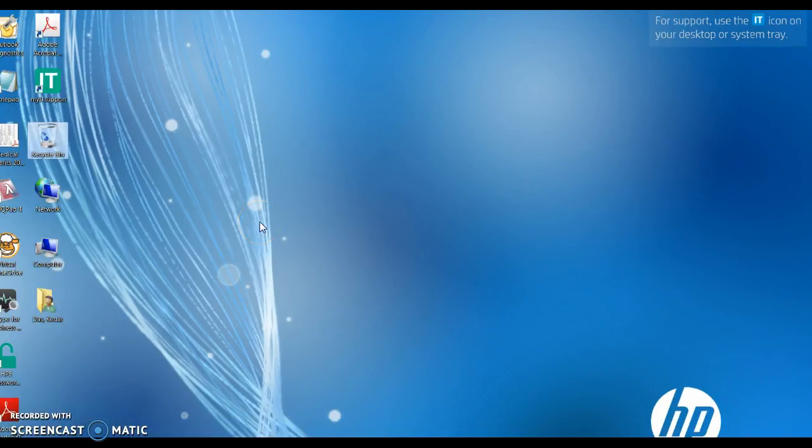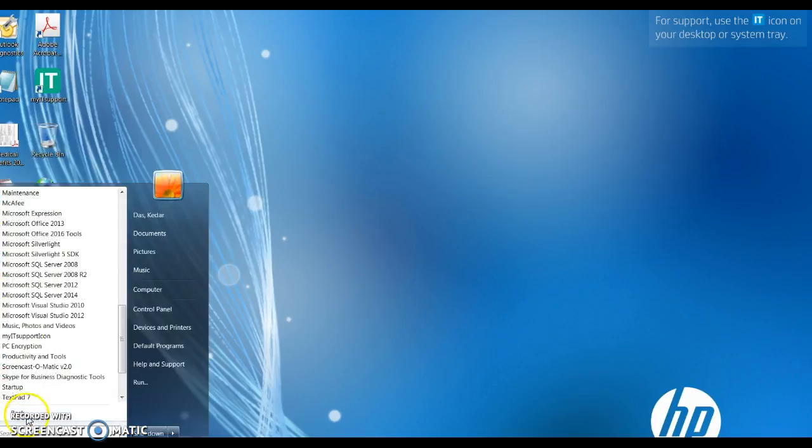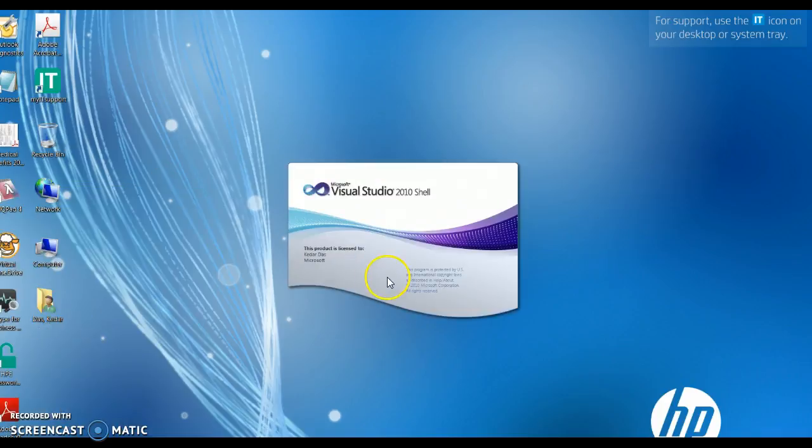By the way, you have to have SQL Server installed on your laptop to do an SSIS package, because the business intelligence or BI stack is part of SQL Server. So go to program files and find the SQL Server you have on your machine. I have different SQL Servers. I will use SQL Server 2012 to create the SSIS package, and you see SQL Server Data Tools. Open that one